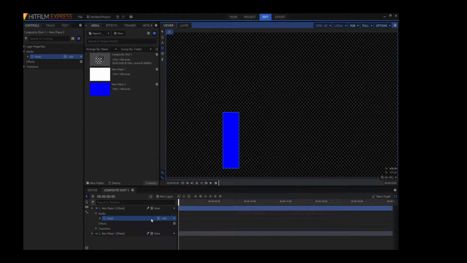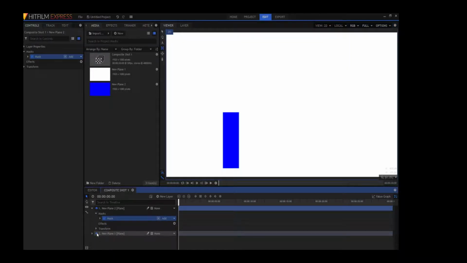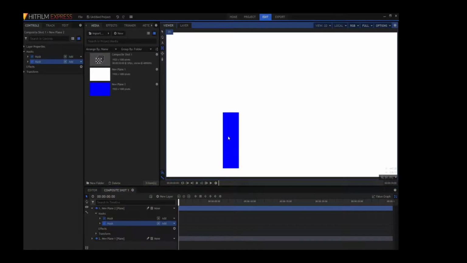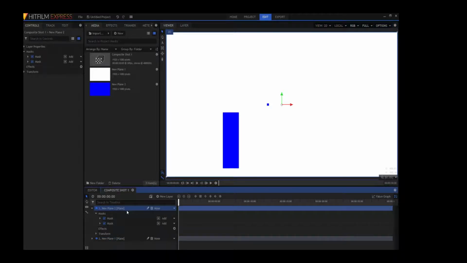All you're gonna have to do, actually I'll show you that later. So now I'm gonna bring this back up, and I'm gonna put it, oh actually make sure you click this, otherwise you might have some problems. And as you look here, currently the white plane is selected. We're just gonna want to change that, otherwise that might be a little bit bad.